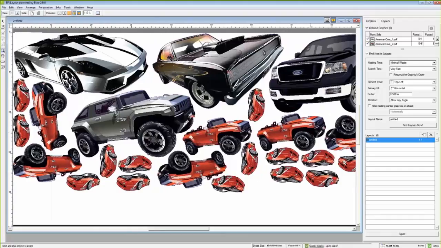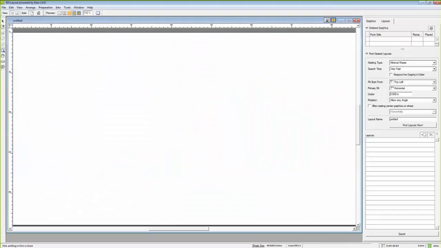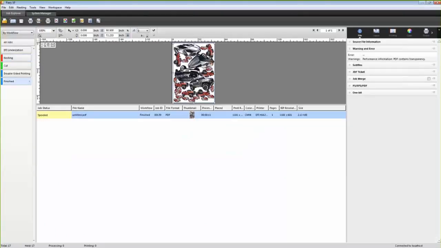I've got everything put together, and when I'm finished, I can simply go to Export. It finishes the layout, and it sends it as a PDF file back to Fiery XF. And here we are. We have our final layout. Again, untitled PDF. Remember, I didn't change the name of the default document, but I can go to my input folder and grab this untitled PDF file, and I can bring it in and archive it